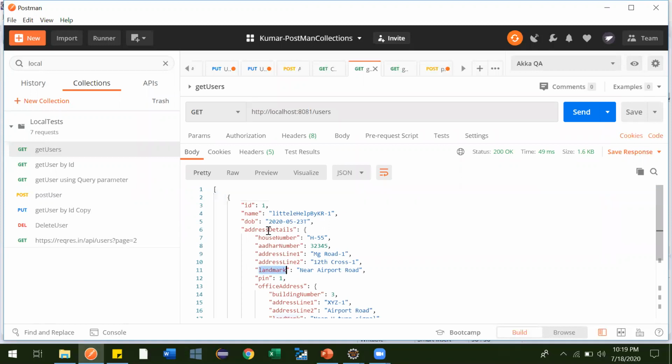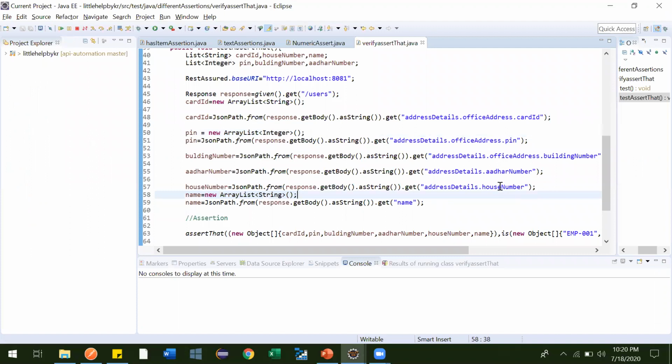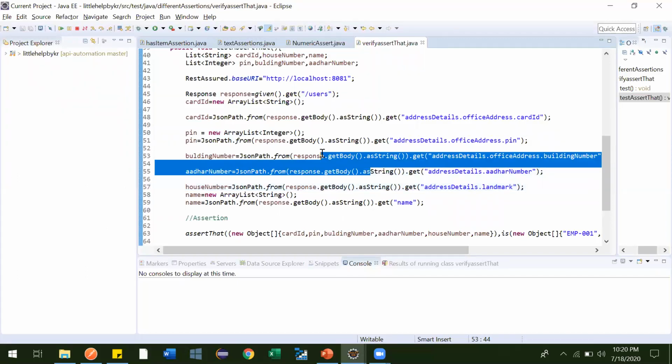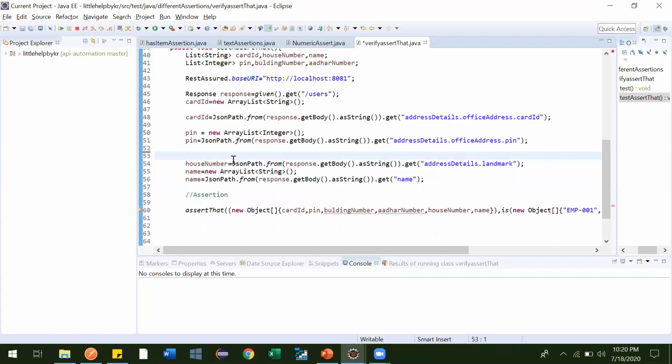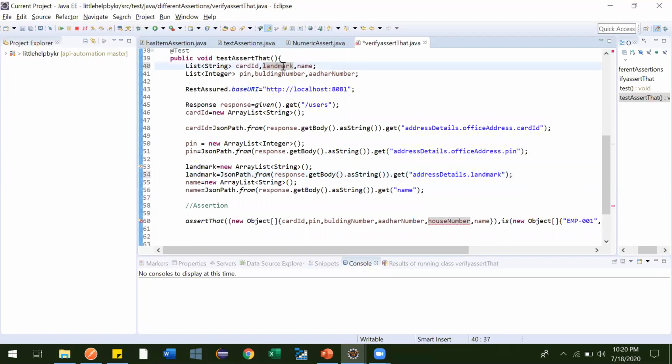To get this landmark, instead of office address it should be landmark. These two we don't need, and for landmark also we have to give landmark, equal to this, and instead of house number it should be landmark, perfectly fine.